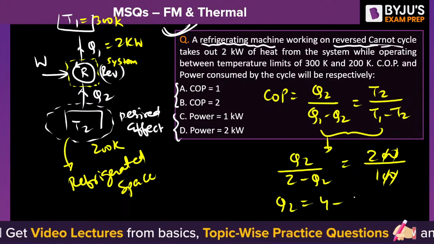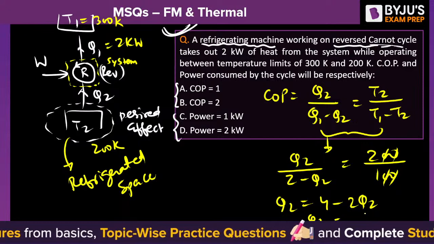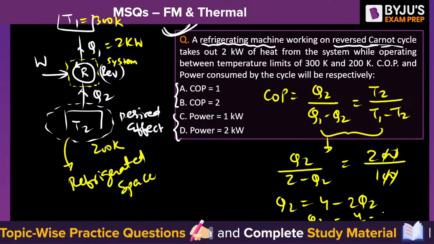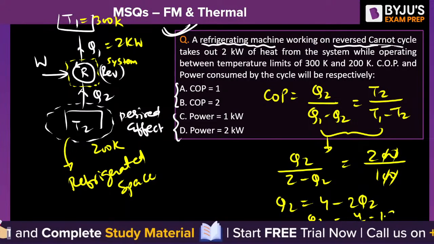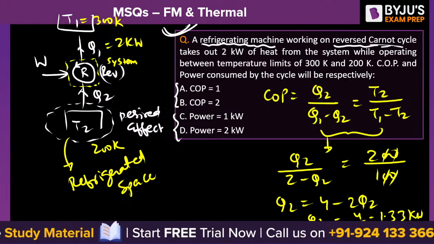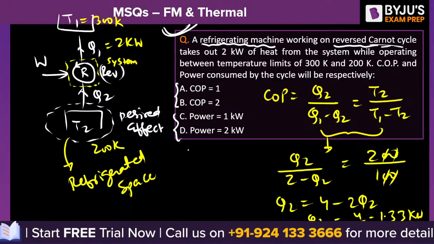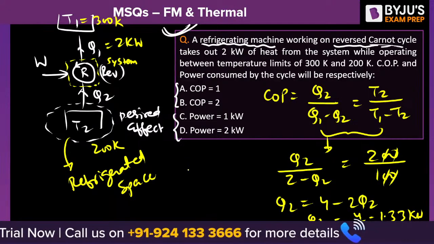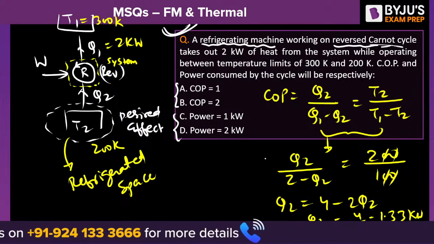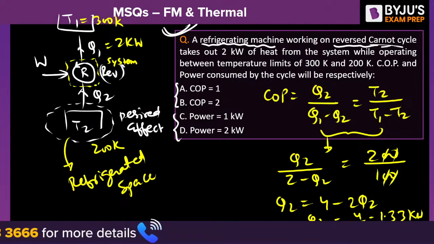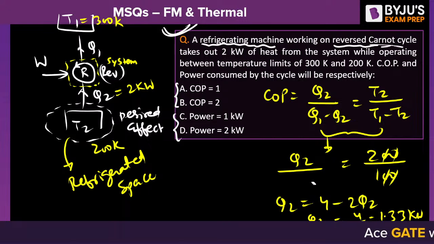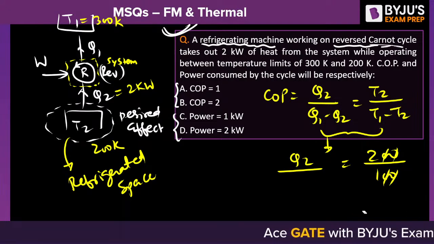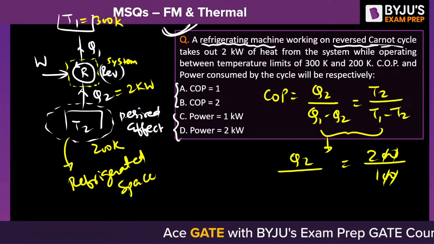So Q2 is equal to 4 minus 2 Q2. So Q2 is equal to 4 by 3, 1.33. So what is W? W, power input cannot be 1.33. So what is given is Q2 as 2 kilowatt. If we put Q2 as 2 kilowatt,